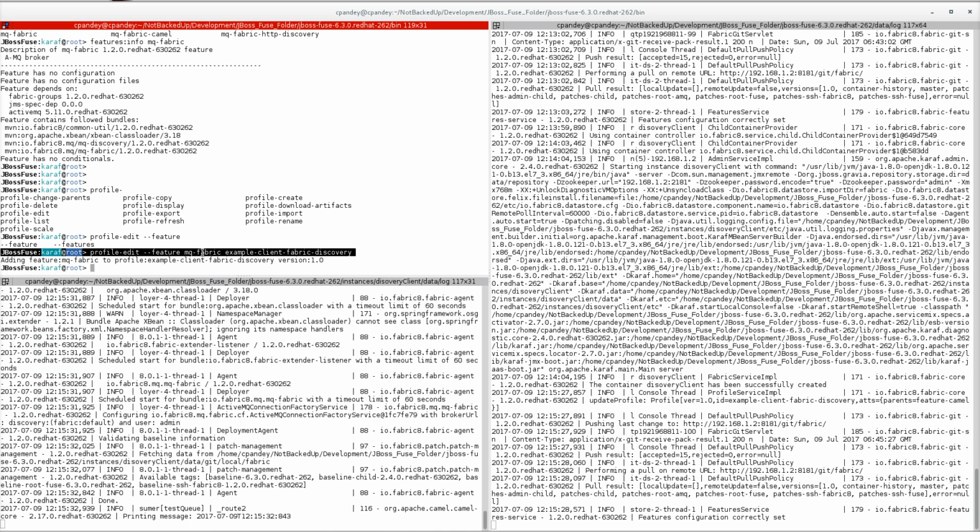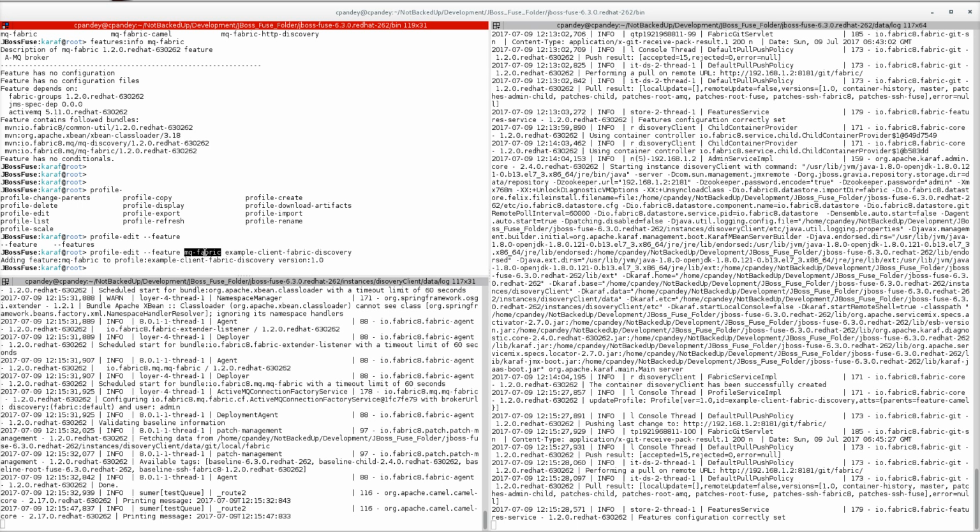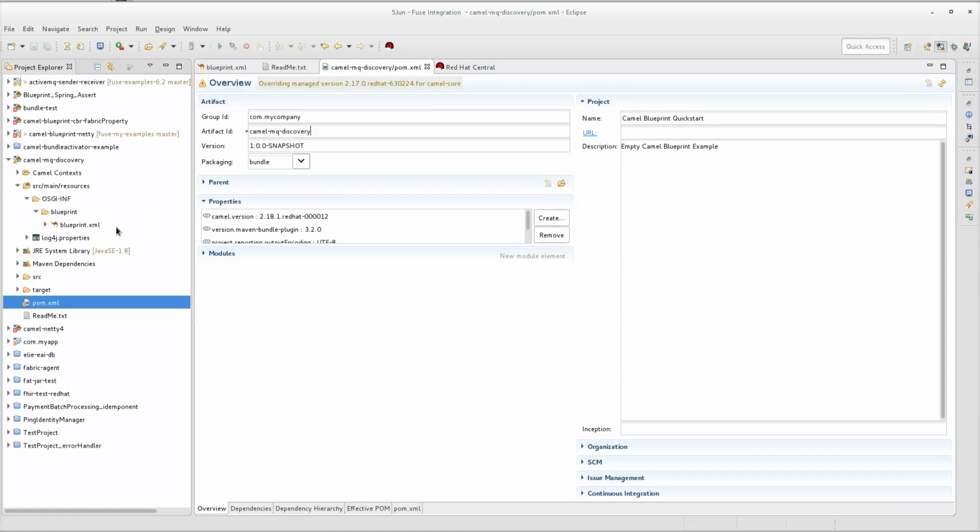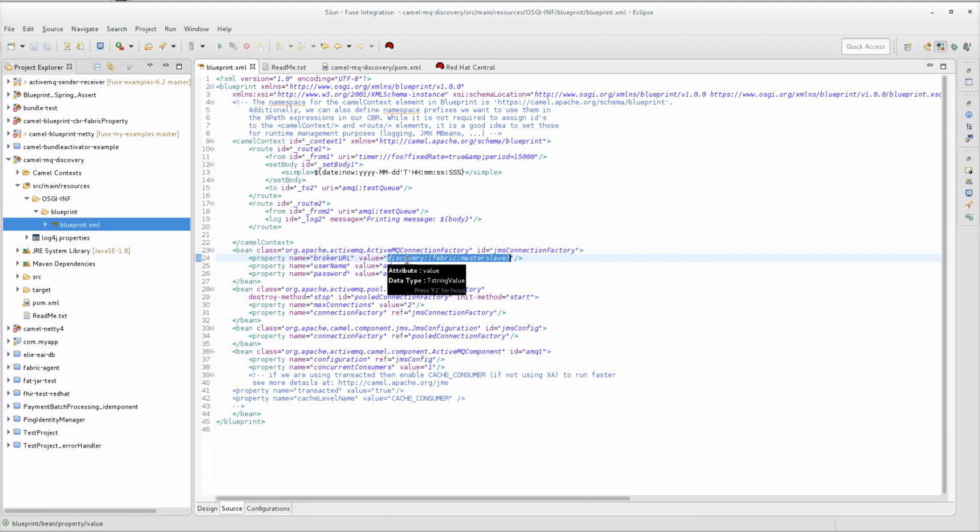What this MQ fabric feature provides is the discovery component, so that the discovery fabric we set here is available and this blueprint is aware of this component.